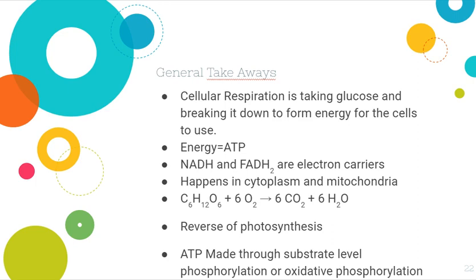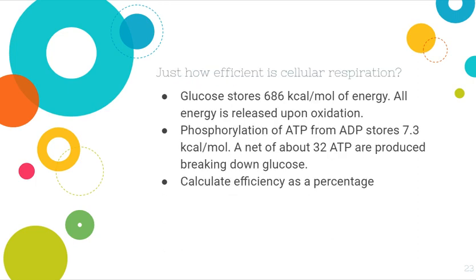Now, I'm going to bend your brain for just a second. Stick with me. Glucose, if you were to break all the bonds in between all the carbons and all the oxygens and all the hydrogens in glucose, it will release 686 kilocalories per mole. Okay, if we were to just break all those bonds, great. All right. ATP, when you snap off a P from ATP, that releases 7.3 kilocalories per mole. And we make 32 ATPs in cellular respiration.